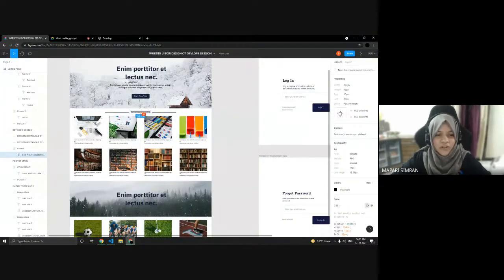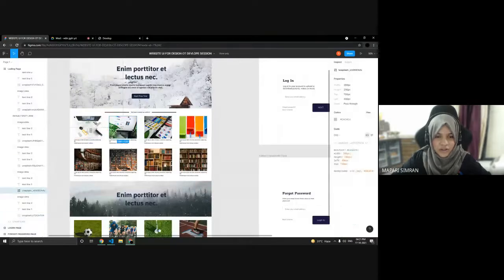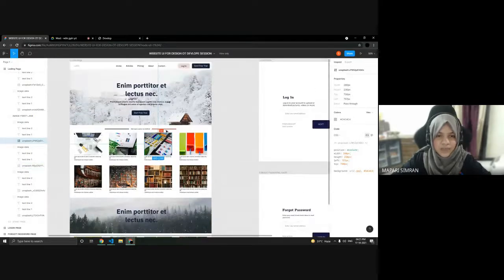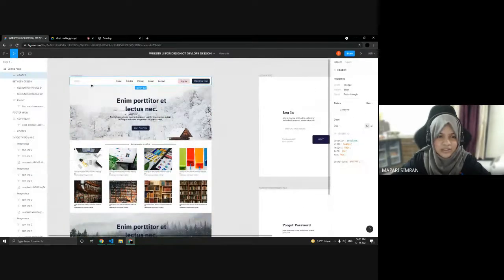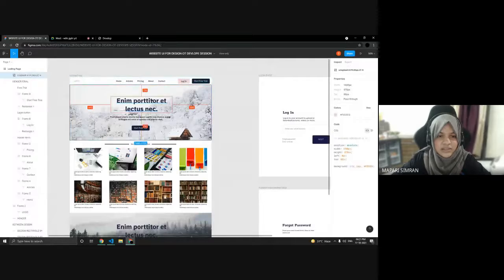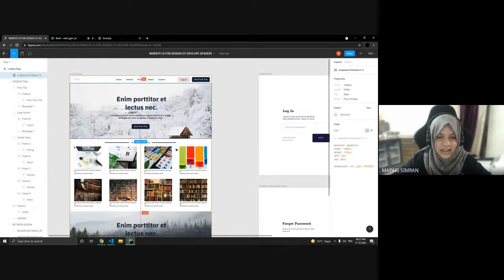Okay, so now I would like to ask one of you how you are going to make this images section. What is going to be your approach? Now you know how you have styled this nav bar, this top section, and this tagline.